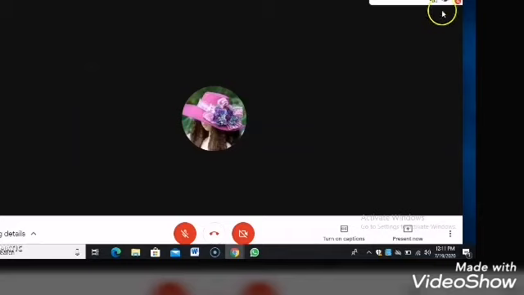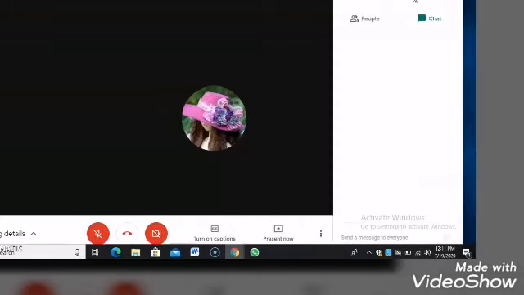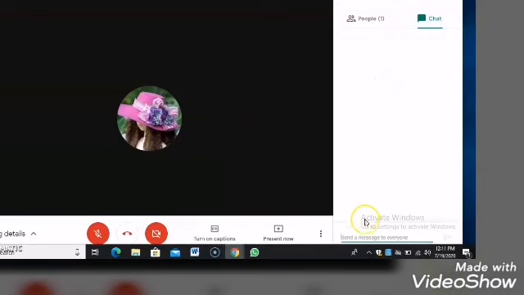Now you can see at the top there is my own conversation or my own DP that I'm going to talk with. Secondly, this is a chat box. When I press over here, this is a chat box and I'm going to send a message to my students. Hello students. So if anybody is over here, they can also give a reply.